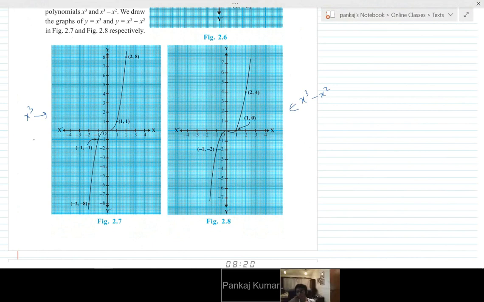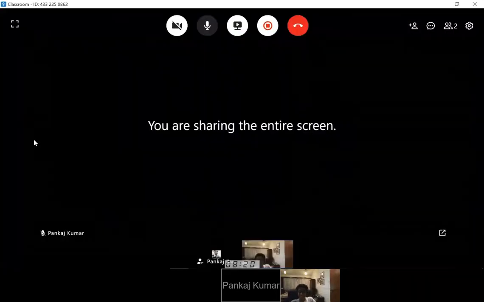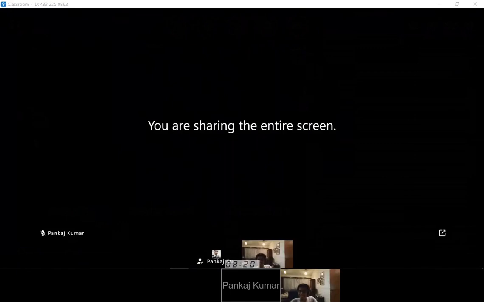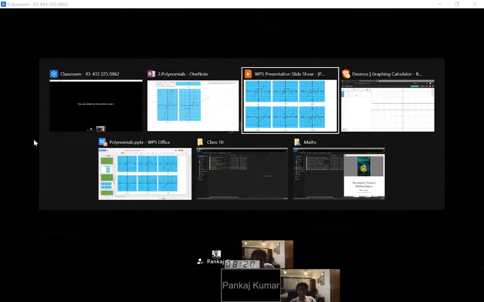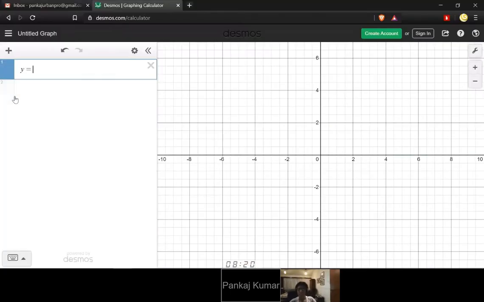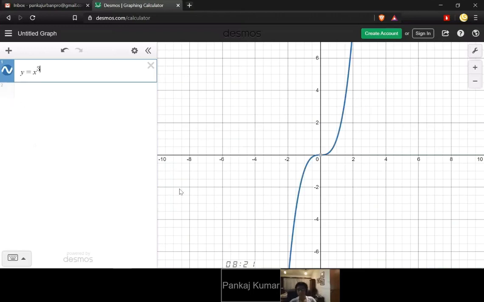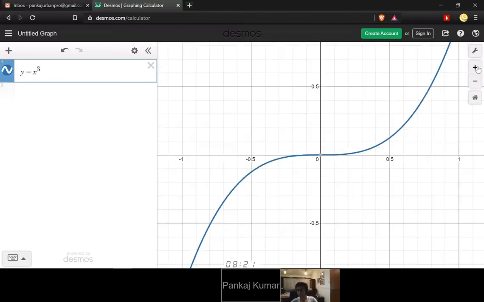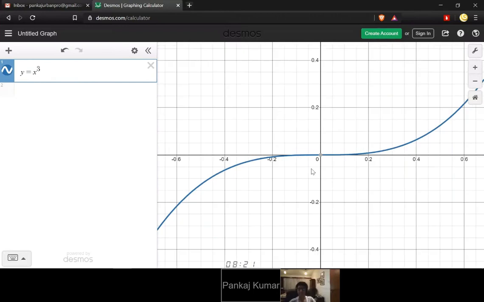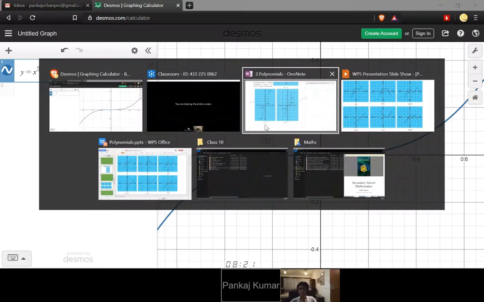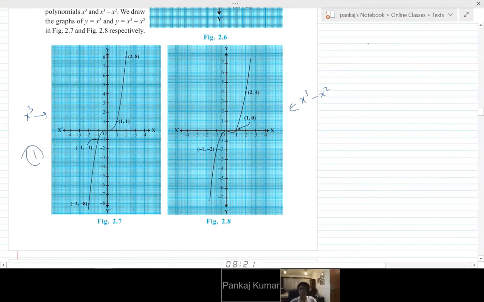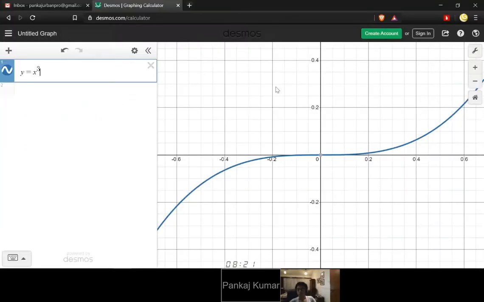I had one student from DPS Mathura Road, and he was also confused. How many? It is not visible. So basically, if we carefully analyze, it is not so complicated. It's basically 1 point, only one. It seems so, but it is one. For x cube minus x square, 2.